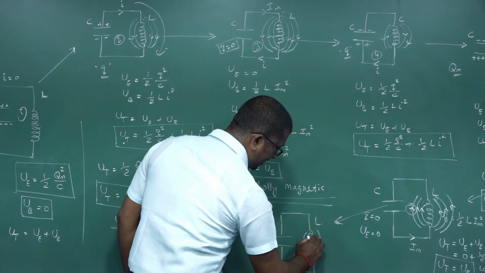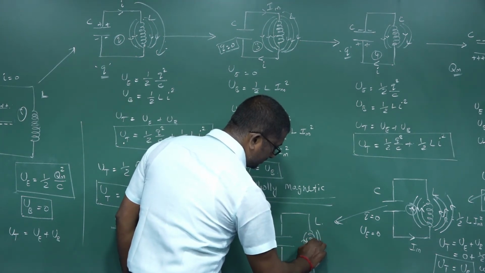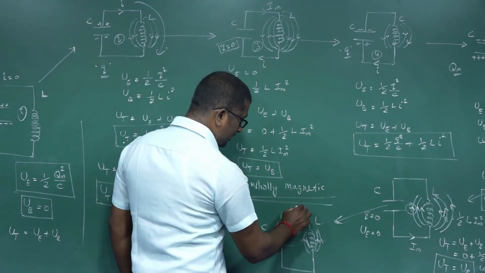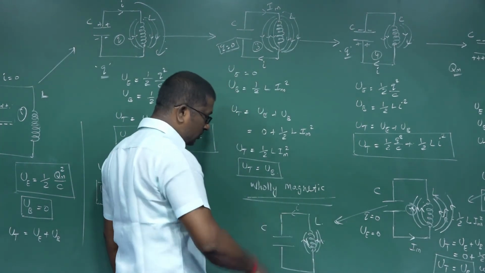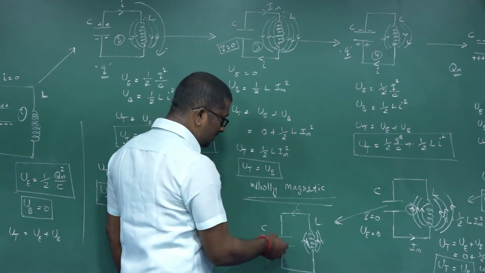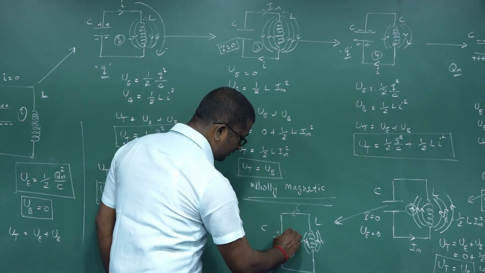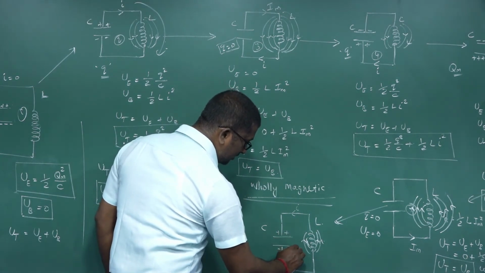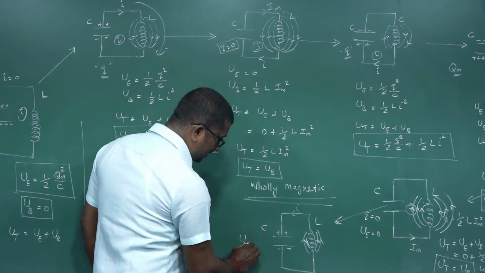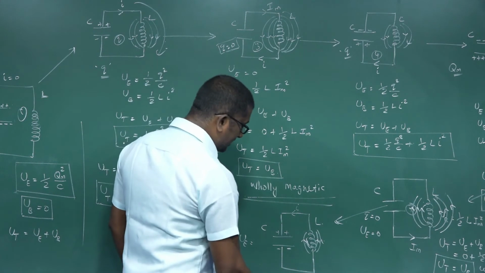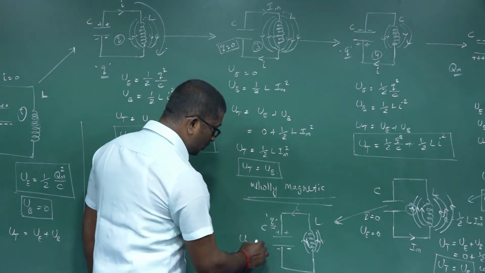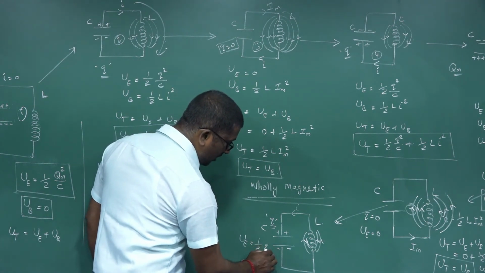The magnetic field around the inductor gets collapsed. Due to this, the inductor sends the current through the capacitor. So due to the flowing of current I, the capacitor gets charged. So there is energy stored in the capacitor. It is called electrical energy. Suppose at that instant the amount of charge in the capacitor is Q. So the energy stored in the capacitor is Q square divided